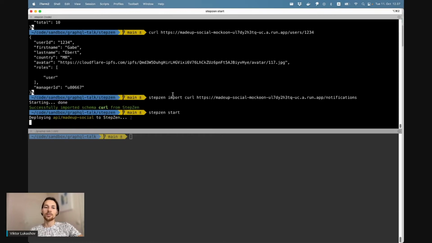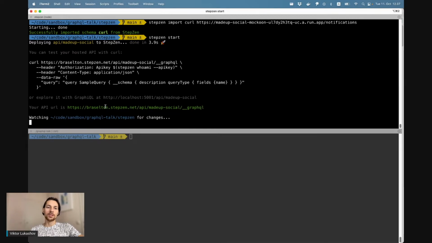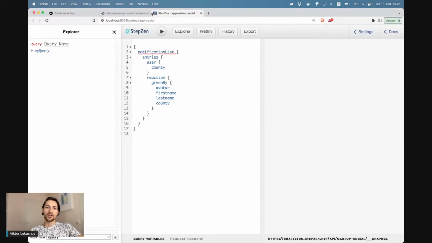It's going to be deployed to StepZen servers. Now this is what's happening, and here is the GraphQL API URL for you to access exactly the same data that is available here. And this is the local GraphiQL that you can use to check it out and see how that works.